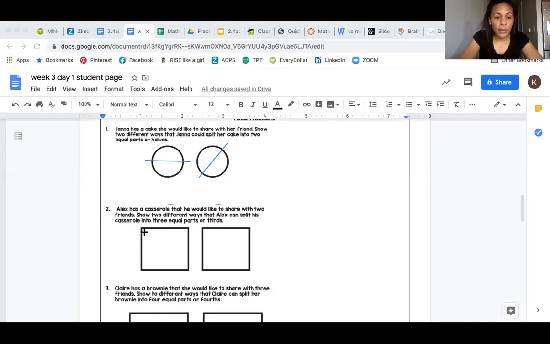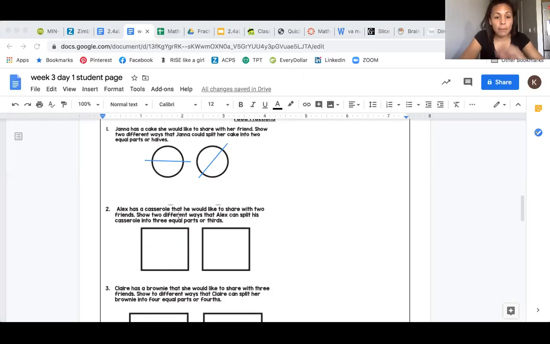All right, so let's go over here. I'm not really sure how I want to do this yet, so let's just try something. If it doesn't work, we can always erase it and do it again. So I remember with the circle, I did triangles like this, and that worked. So maybe it'll work here with the square. Okay, did I make 3 parts? Yeah. Are they equal? Nope, they are not equal. This part and this part are not the same. So that didn't work for me. So I'm going to need to try something again.